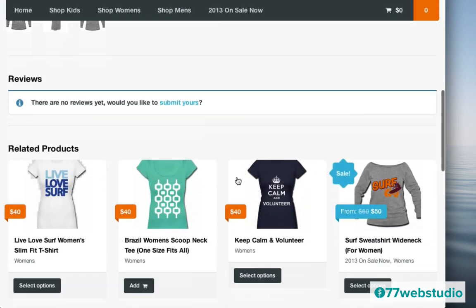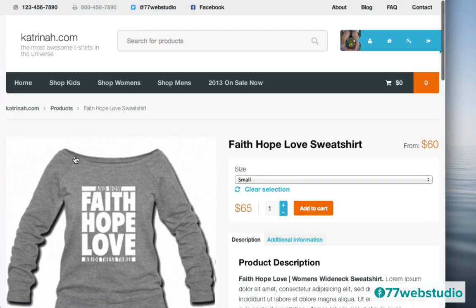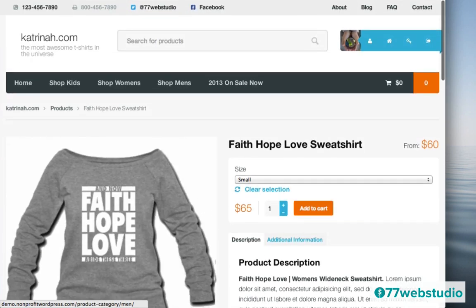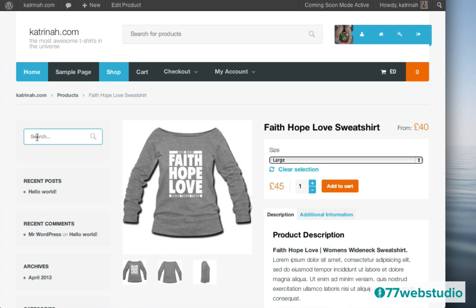Also note that on this page, there's some different related products down here. So we need to add some more products in order for this to be displayed. But for the moment, let's take care of removing the sidebar so that the image is really large like this, so that it looks a lot cleaner without that sidebar. So here we are right now. This is what it looks like for the moment, and I want to get rid of the sidebar.